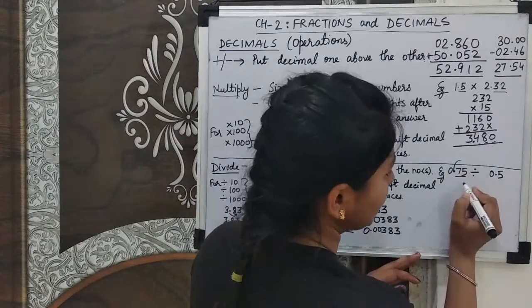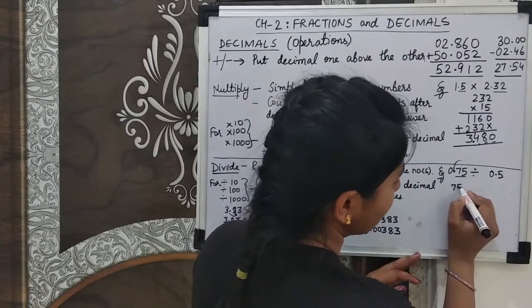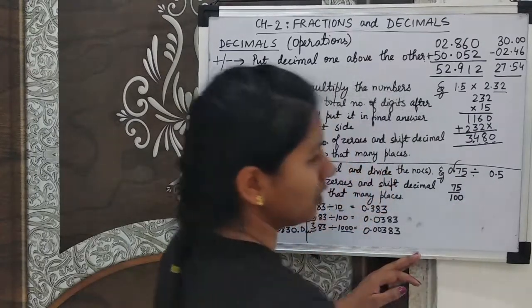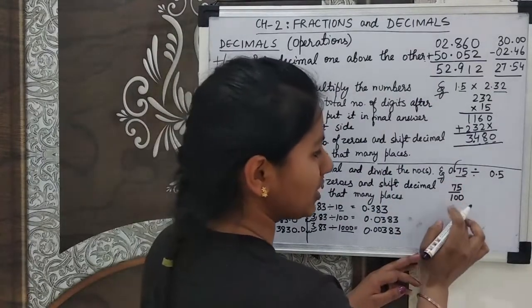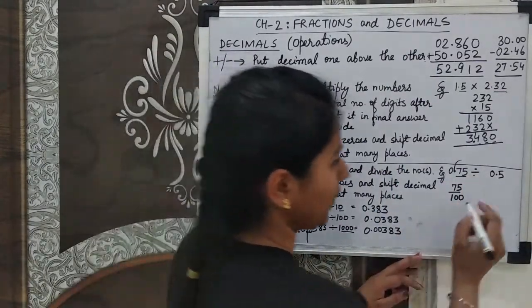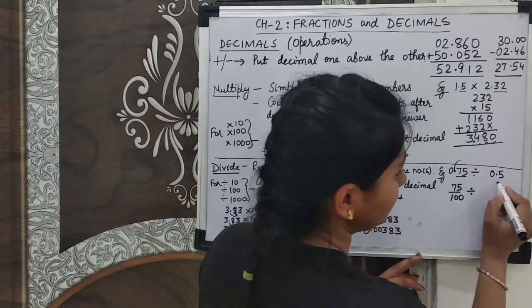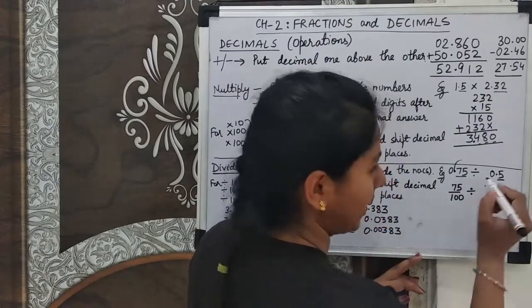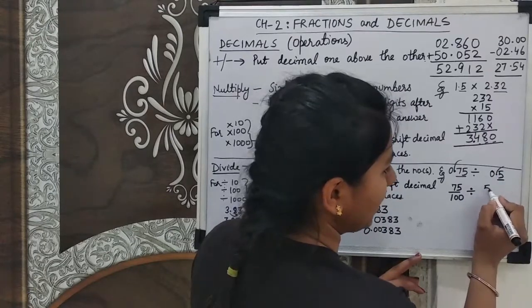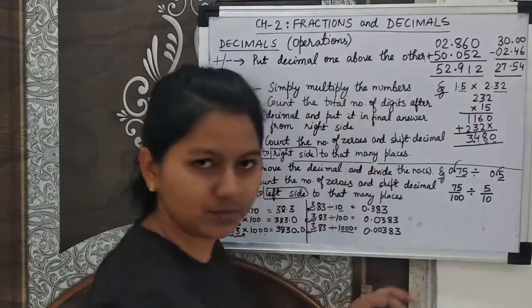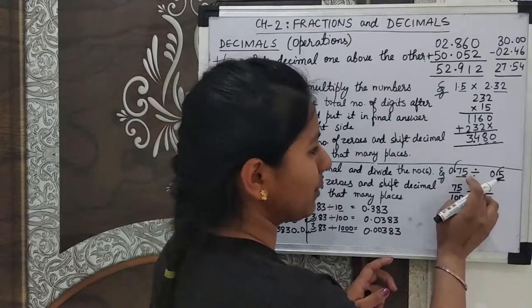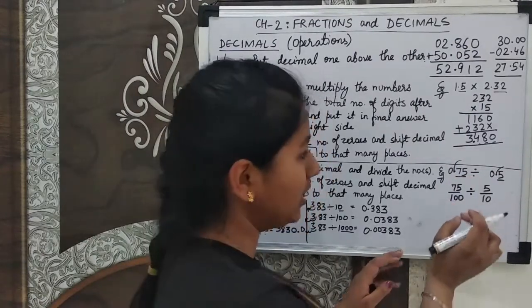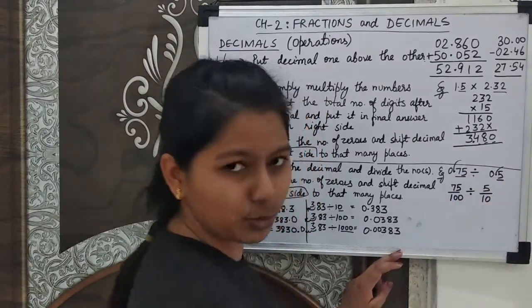तो अगर आप इसका डेसिमल रिमूव करोगे, it will become 75/100। डेसिमल के बाद 2 डिजिट थी तो नीचे कितने आ गए, 2 जीरो। फिर ये डिवाइड का सिंबल लगाएंगे हम। अब 0.5, इसमें डेसिमल के बाद कितने डिजिट्स हैं, 1, तो डिनोमिनेटर में क्या आएगा हमारा 10। मतलब अगर डेसिमल के बाद 2 डिजिट होंगी तो डिनोमिनेटर में 100, डेसिमल के बाद 1 डिजिट होगा तो डिनोमिनेटर में 10,